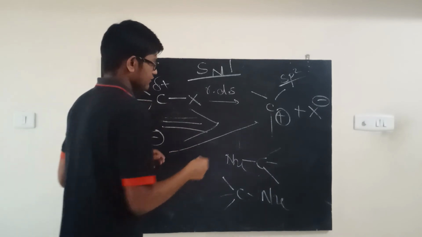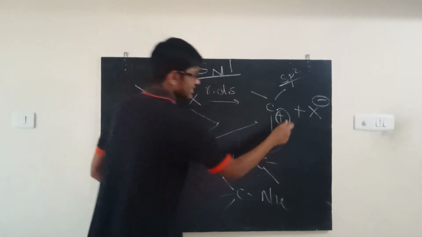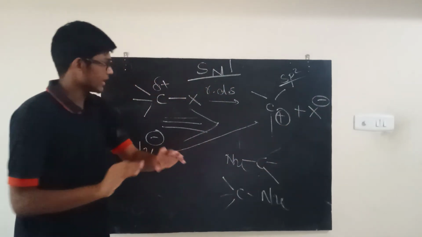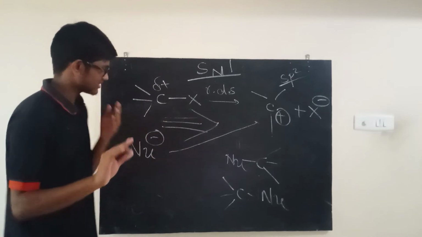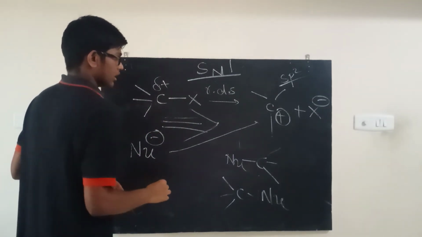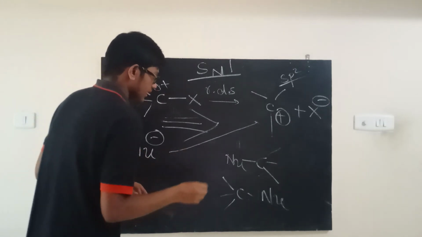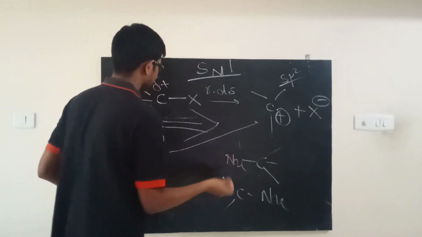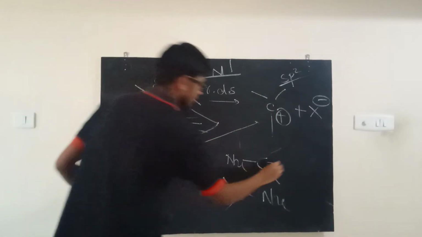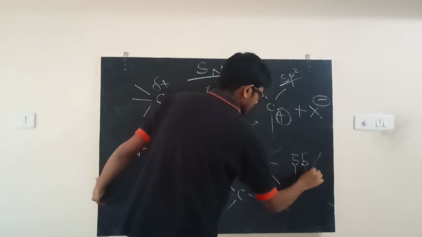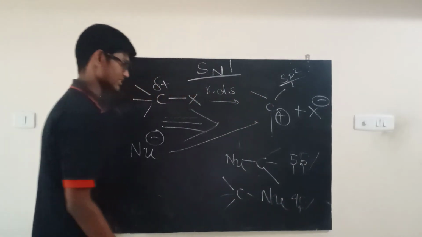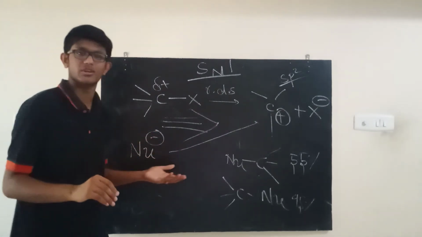Turns out, attacking from the opposite side is more probable because the leaving group is still close by, so he's still repelling a little bit. So the nucleophile, at least for a while, will still like to attack from this side. But that's fine, most people neglect that. Technically, the correct thing to say is that you are inverted 55% of the time, because the nucleophile doesn't want to go there for a little while. So you will be inverted 55% and not inverted 45% of the time, that is, retention of configuration. But people just go, that's close enough to 50-50, okay?